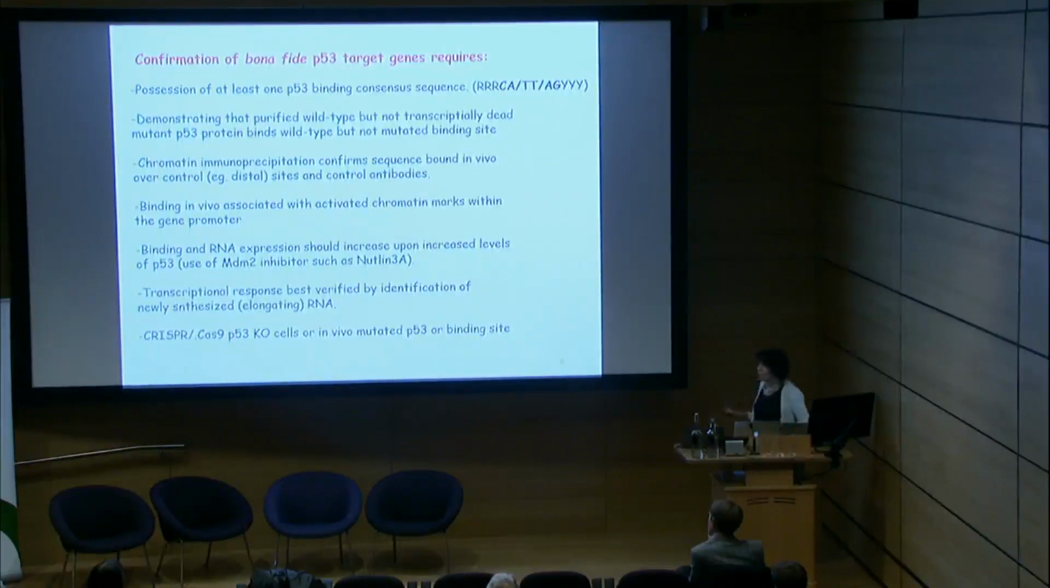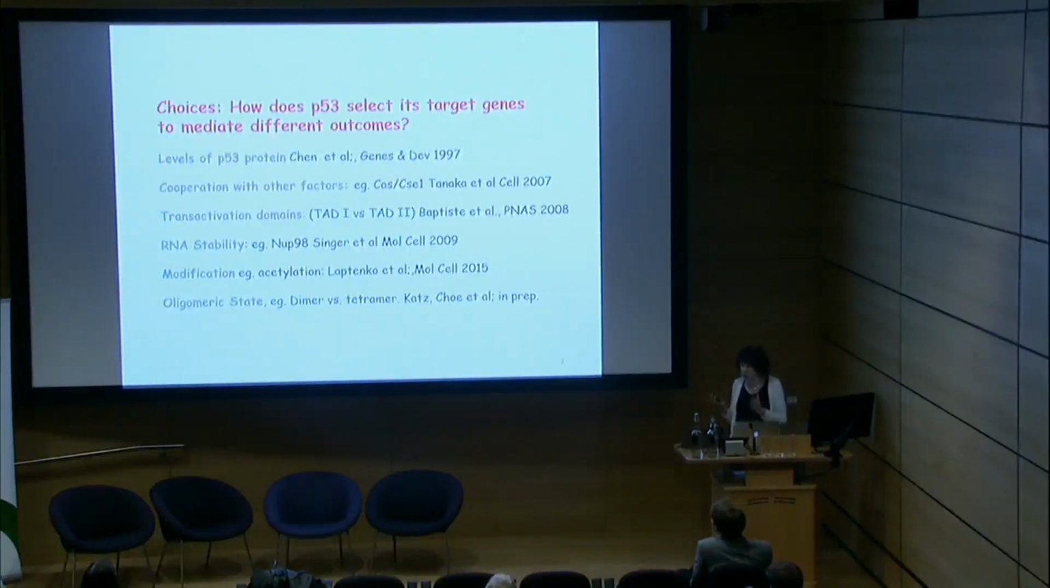You should also show that this binding is associated with a fairly rapid response of RNA, which should probably be done by looking at elongating RNA, and that you should see chromatin-associated changes, chromatin marks that would be associated with this gene promoter. And you should also ideally be able to use some kind of gene editing to either knock P53 out of the cells or, ideally and more challengingly, mutate the P53 binding site and show you no longer get a response. But we also know that when P53 is activated,